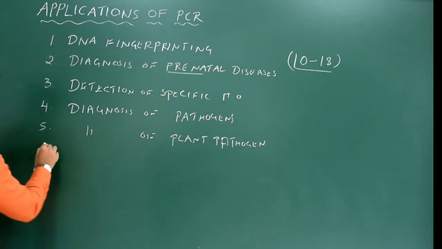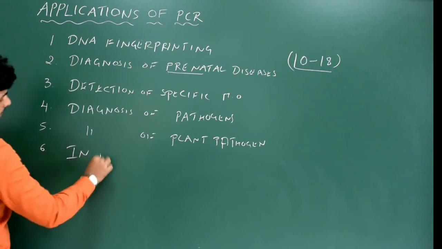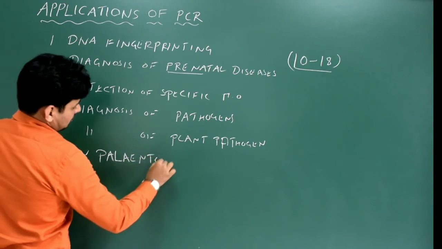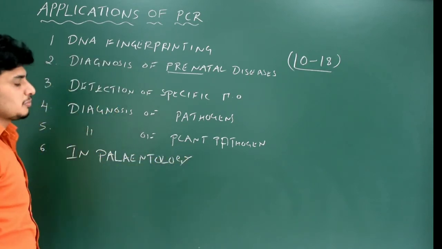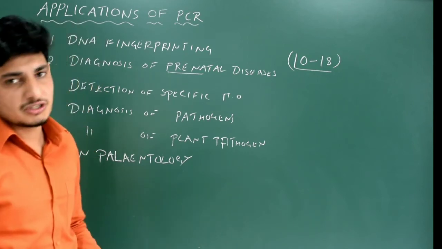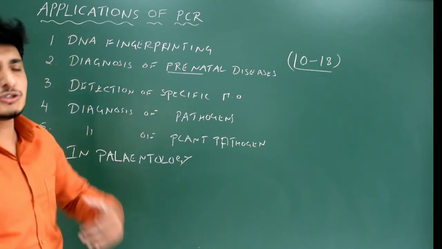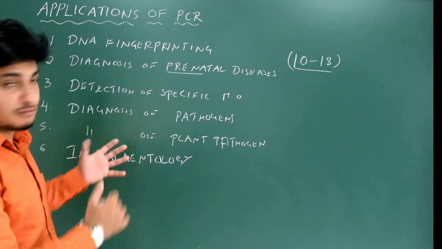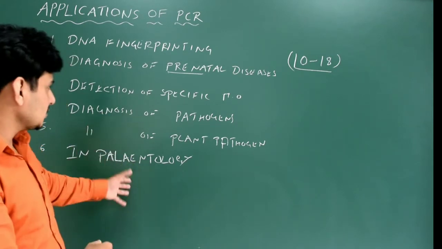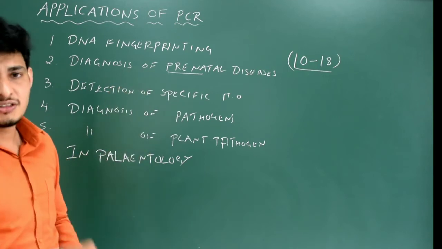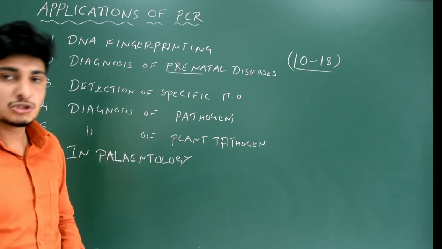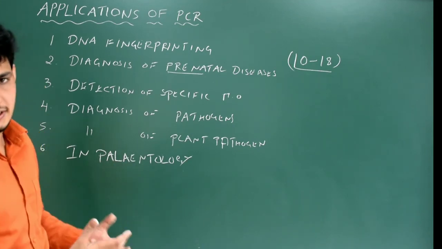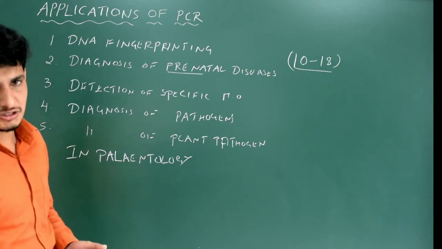Okay. The next one, the sixth and the last one, is in the study of fossils. The study of fossils is the branch of biology called paleontology, which is nothing but the study of fossils. Okay, what type of living organism existed. Now it is nothing but fossil. So they extract the DNA which is collected from that particular place, and then they put that DNA fragment in the PCR. They treat that DNA with certain primers, which could be cDNA, that is complementary DNA from the gene library. Then they detect what kind of fossil or organism it is, that's it.